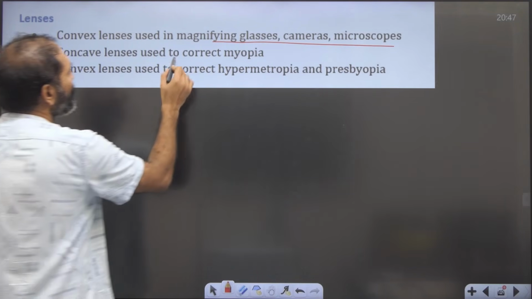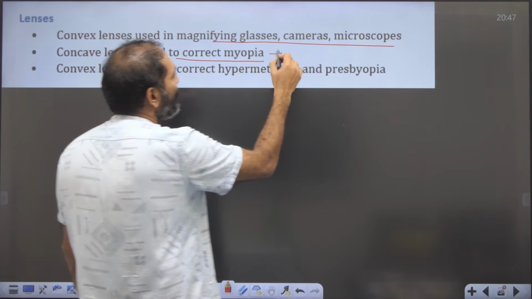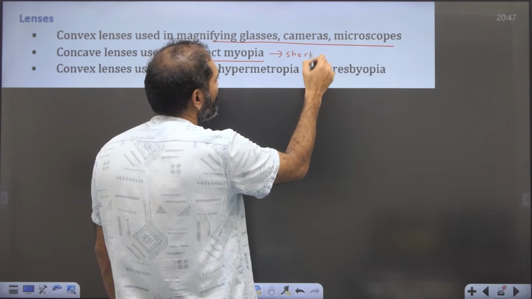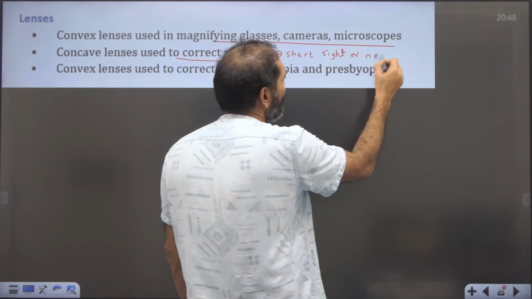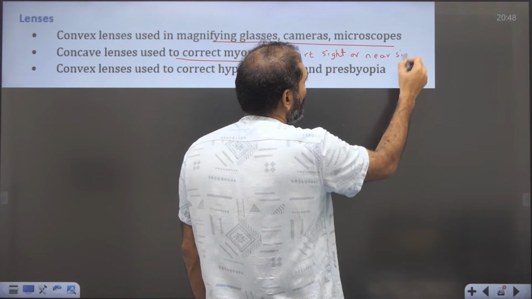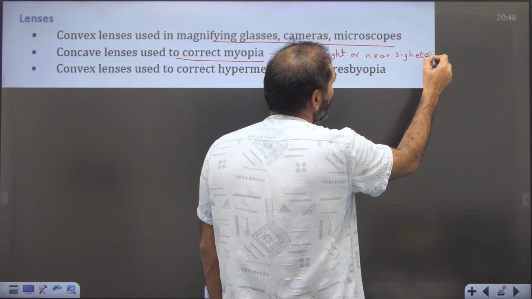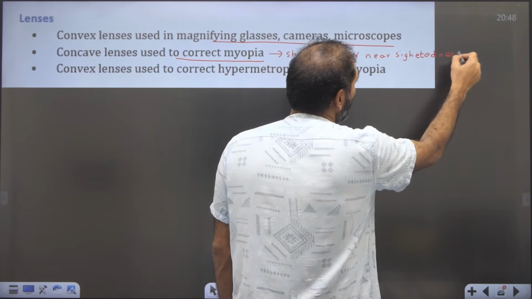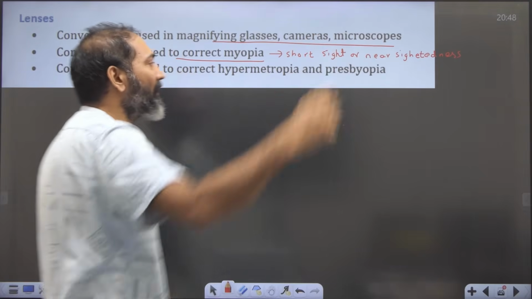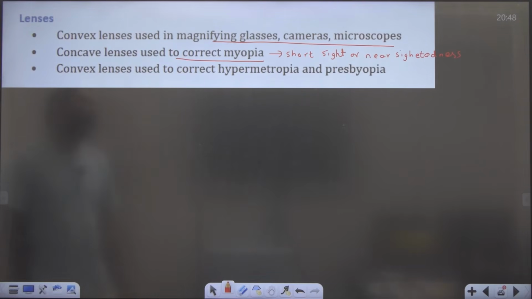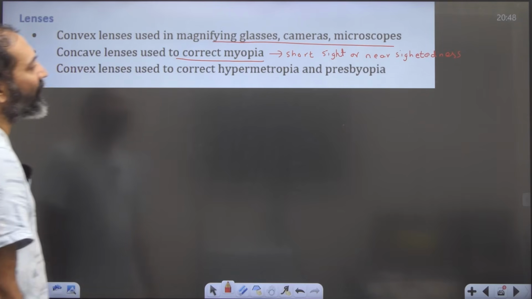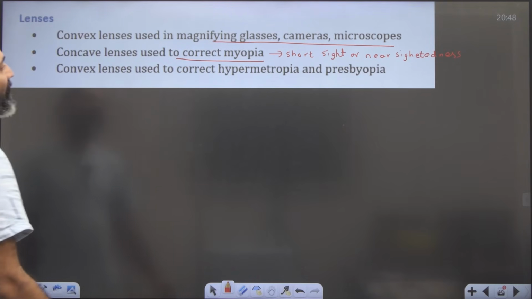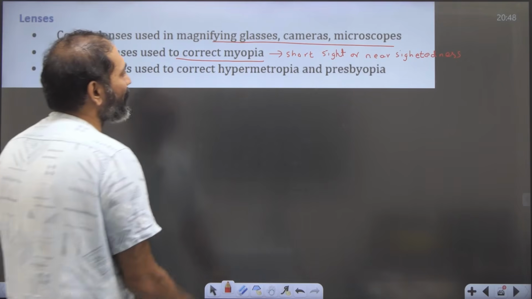Concave lenses are used to correct myopia. Myopia means short sight or nearsightedness. What is nearsightedness? You can see nearby objects but can't see far away objects. That problem of the eye is called myopia, short sight or nearsightedness. Convex lens is used to correct hypermetropia